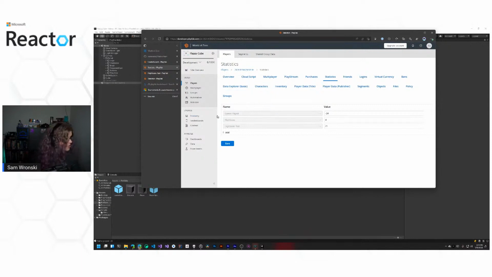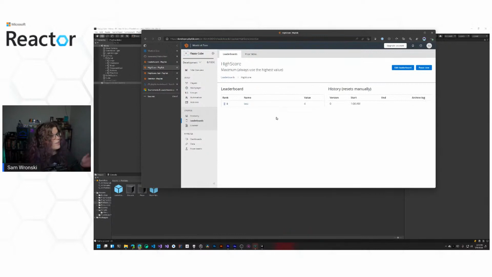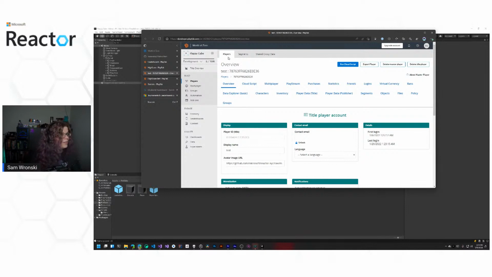So that should mean that if we go over to leaderboards as well and look at our high scores, we now have a leaderboard with the top ranked player having a score of 4. So this is our top ranked player. If you want to see the player, you can just navigate into them by clicking, and that will bring up the entire player. So you can see all of their player statistics and stats and data. Lots of stats. So that is that.